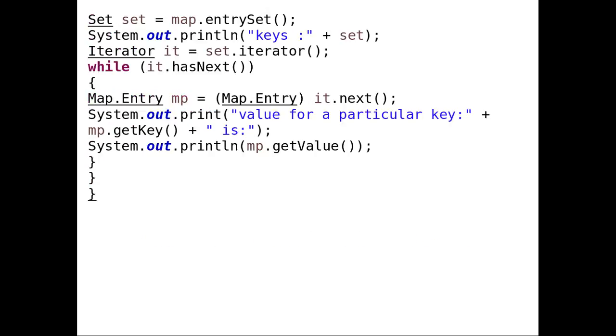In the next line, set equals map.entrySet. The entrySet method returns the set view of the mappings contained in the map reference variable, and I am simply printing this set reference variable. And by using the iterator reference variable it, I am accessing all the entries in the map by using Map.Entry mp equals it.next()